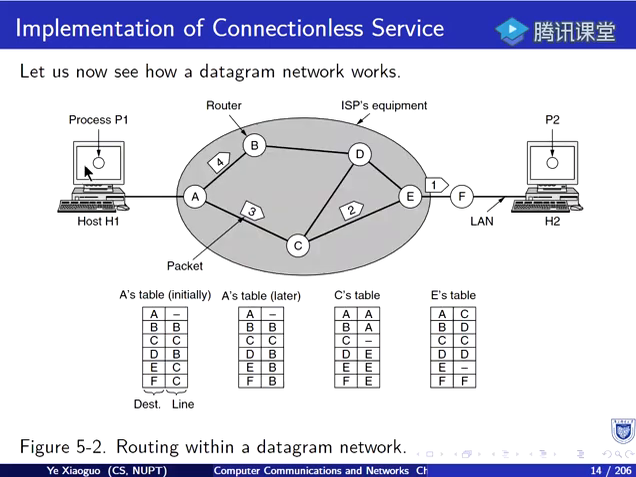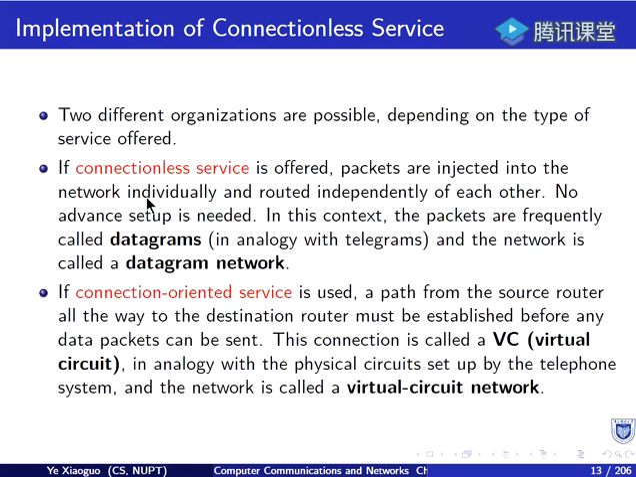This is a connectionless service. The second type of service is connection-oriented service. If connection-oriented service is used, the path from the source router all the way to the destination router must be established before any data packets can be sent. This connection is called a virtual circuit, VC,